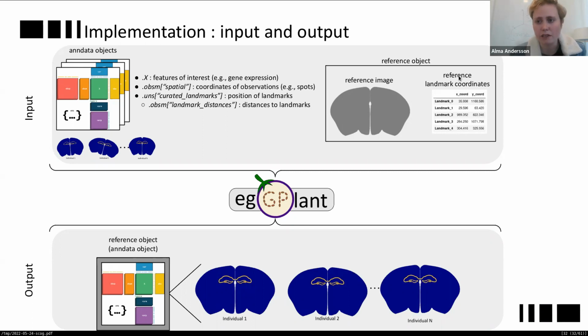And we also have the reference landmark coordinates telling us where in the reference we have the different coordinates. This is used as input to Eggplant, and it will spit out an updated reference object, which also contains an undata object where you have the different features that you transfer to the reference all represented within said reference. So that's the input and the